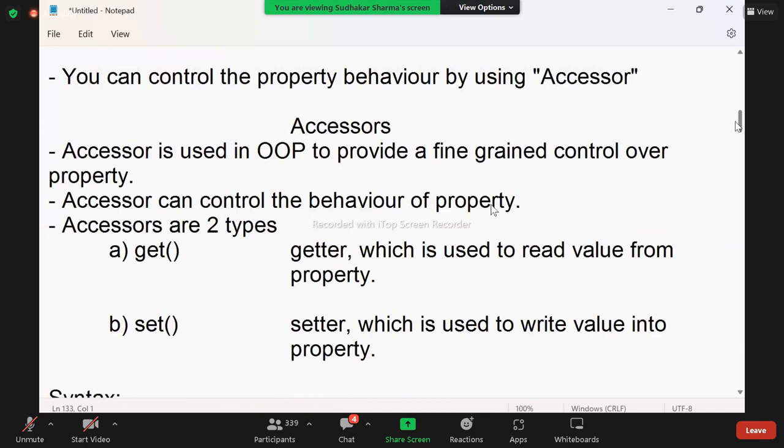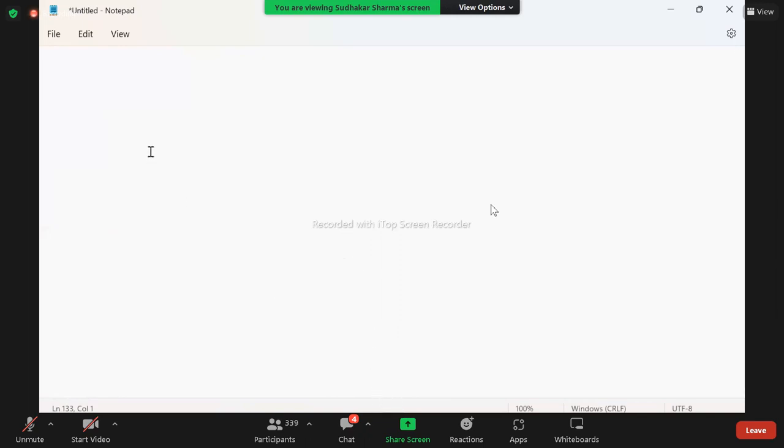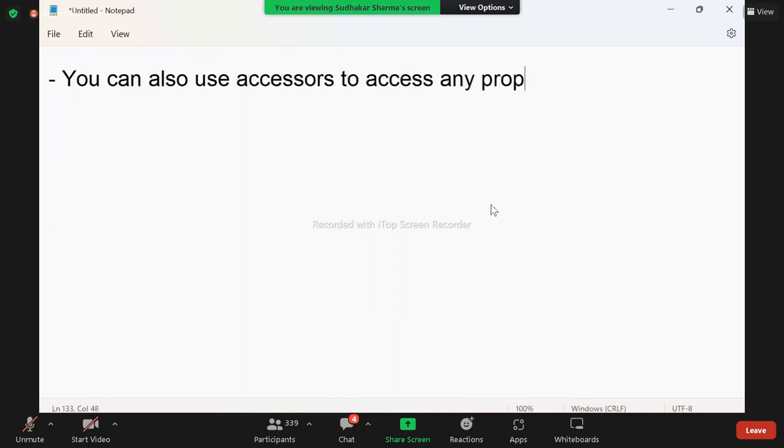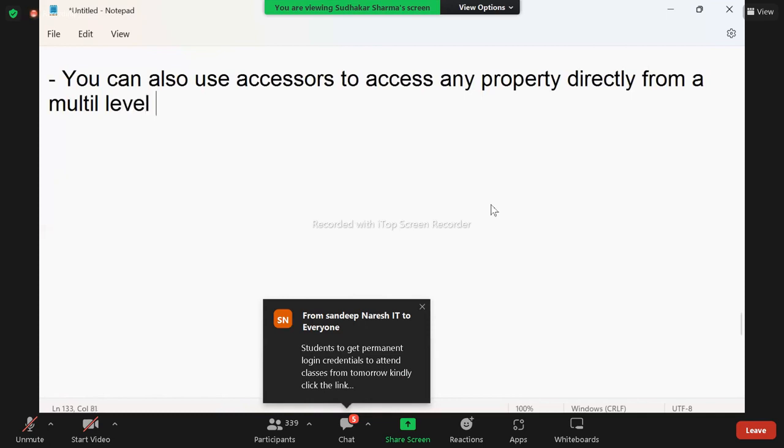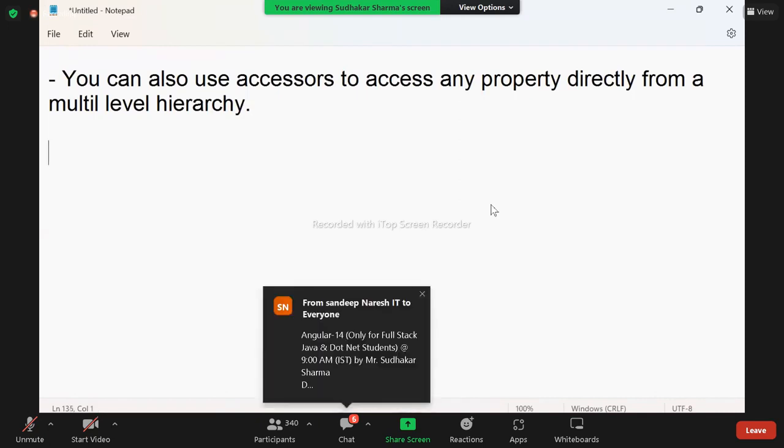There is another technique. There is another use of accessors. Let's see. Actually, you can also use accessors to access any property directly from a multi-level hierarchy. From a hierarchy. So from a multi-level hierarchy. What does that mean? We can use accessors to access from a multi-level hierarchy also. What does that mean? Multi-level hierarchy means, see,